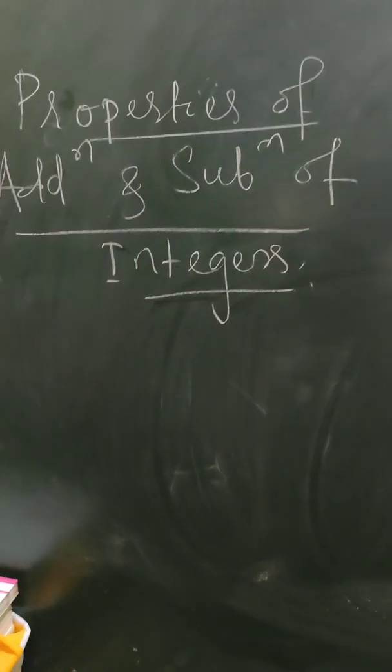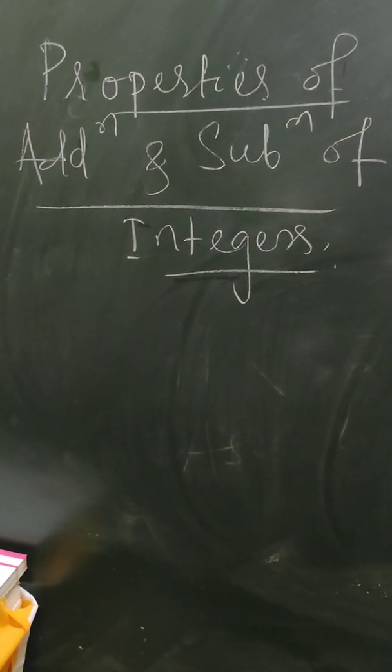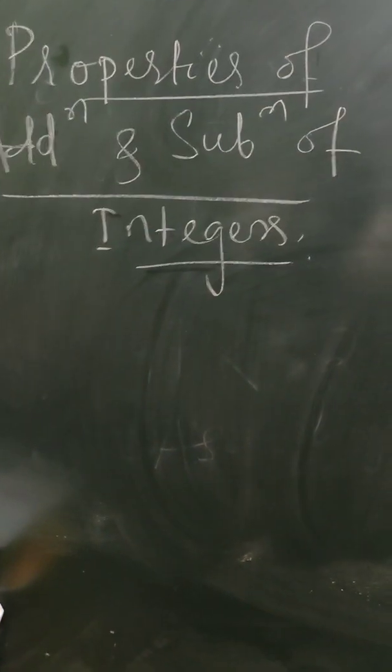which are not similar. For example, one is positive, another one is negative. So we need to be careful whenever we are performing such type of operations. We need to be very careful about it. So today we will be discussing the properties of mathematical operations when we are talking about integers. So let's see what those various properties are. Okay, talking first about the properties of addition and subtraction of integers.